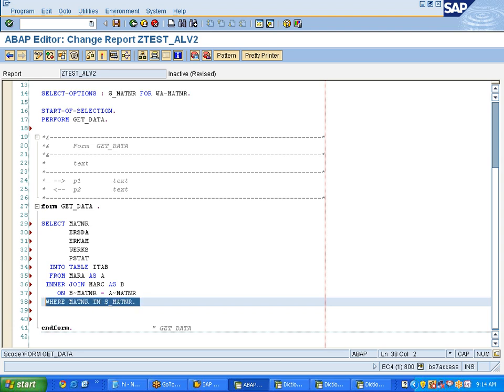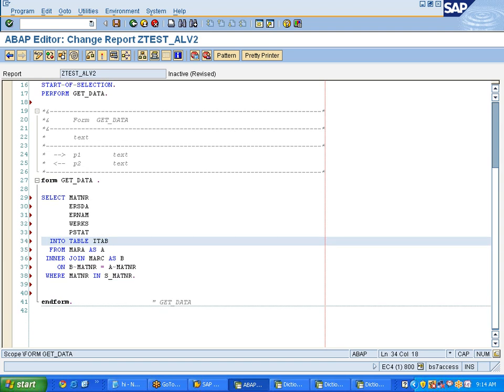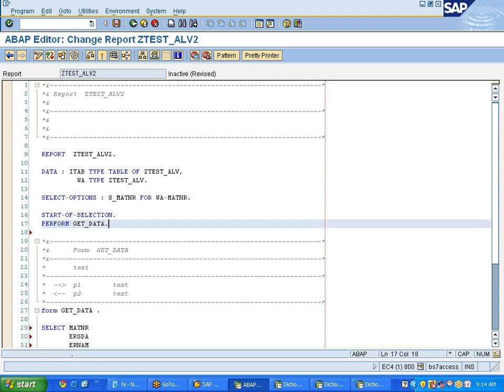This is a where condition where your material number is given in the output. For that, you will give some input now. For that input only, it needs to get the data and put it into the internal table. That's why we are giving the where condition. So now with this, our internal table will get the data. Now the next step,